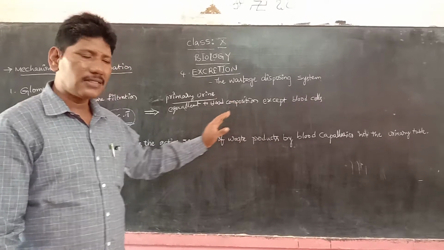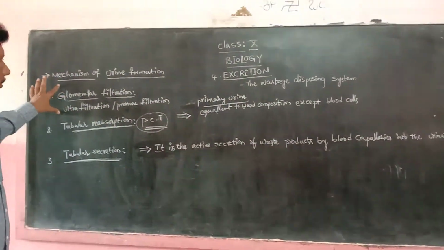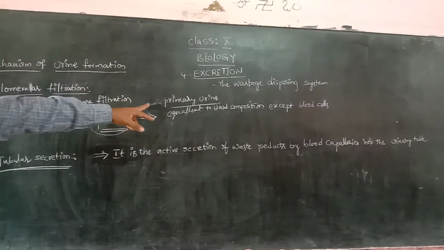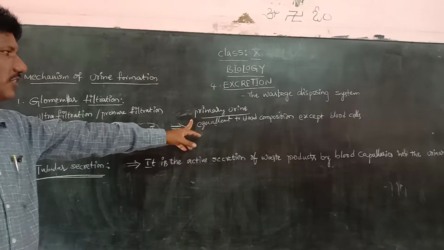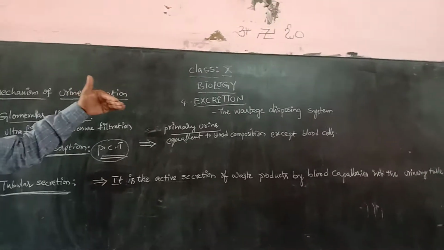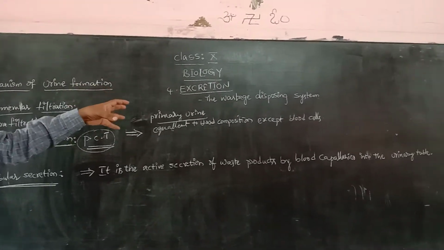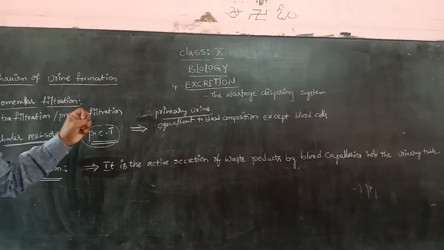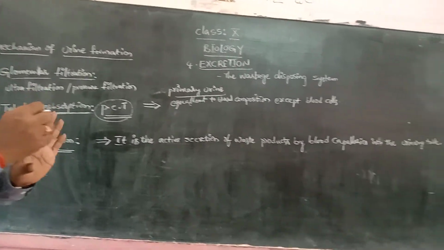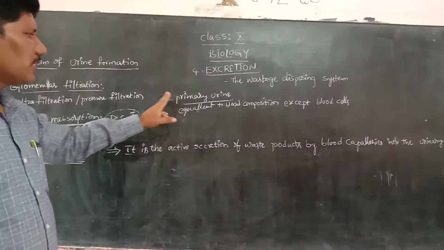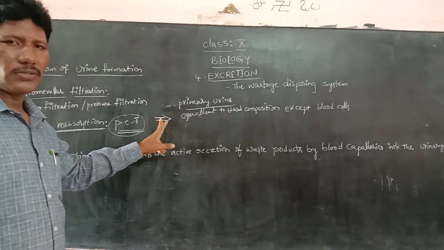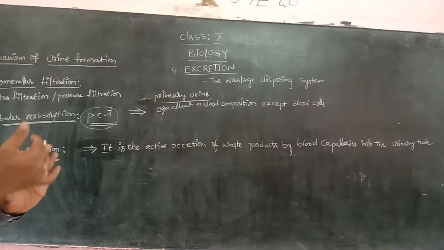So this occurs in three stages. One is called glomerular filtration, which forms the equivalent of the blood composition except the blood cells, called the primary urine. But primary urine is very essential. I mean that it is not a urine, it has all the essential material which is required by our bodily cells. That's why once again we are collecting all the primary urine into the blood. So blood and urine have a very close composition. Primary urine comes back to the pericapillary network by the osmosis principle.